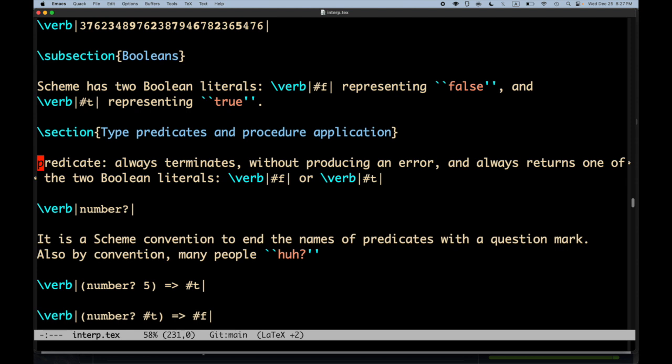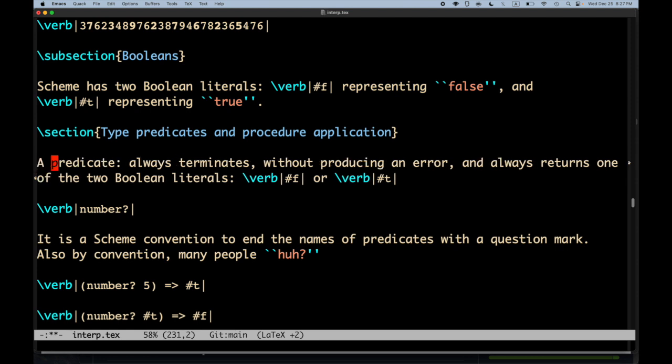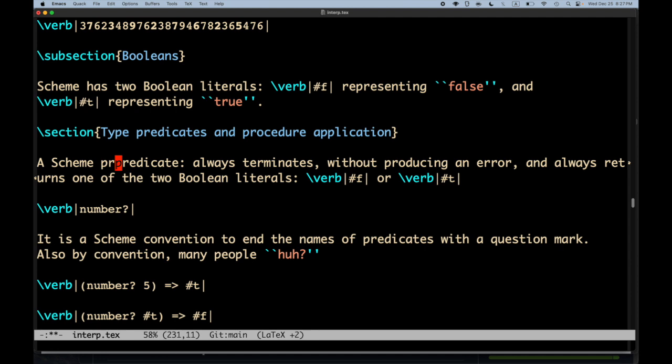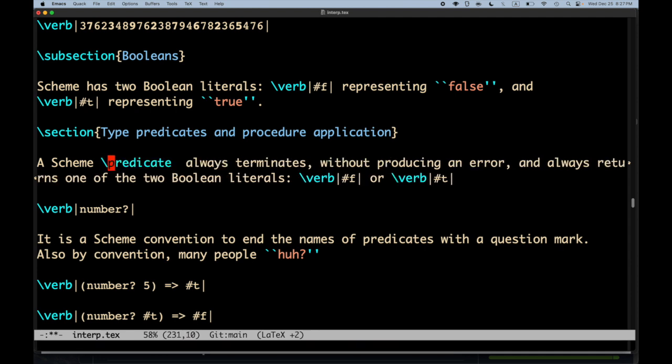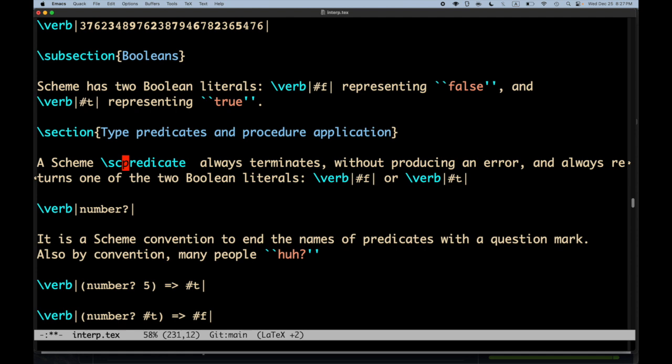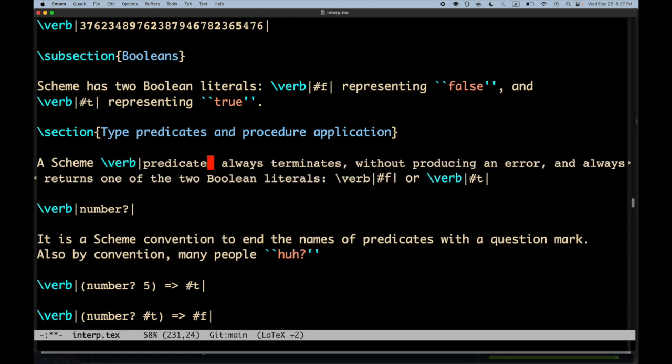Okay, we haven't talked about procedures yet. Scheme predicate. A predicate in Scheme,